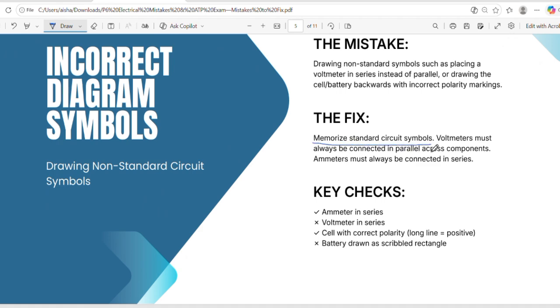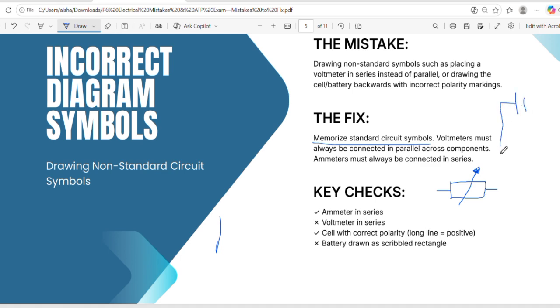Many people, when they're drawing, for example, the variable resistor, they draw it maybe like this, or like this, the arrow, something like this. That is completely wrong. You need to know that the variable resistor looks like this. That's a variable resistor. And then for example, if you have a circuit like this,